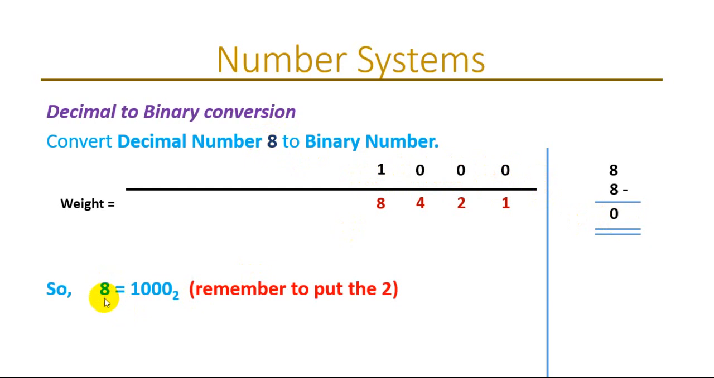Again, we write the decimal number without the subscript, the binary number with the subscript. So 1000, which is this 1000. We are writing it here with the subscript 2 to indicate binary, or you can write it as 1000b, either this way or this way. Okay, let's look at